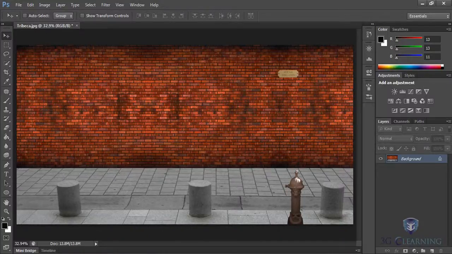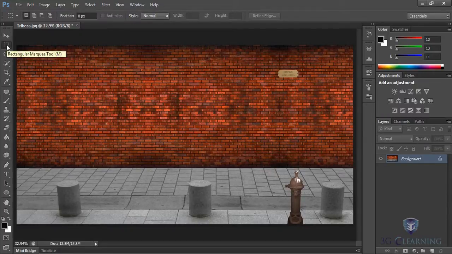Selections are absolutely essential for anyone using Photoshop. Let's start with the first of two selection tools that we'll cover in this video, the rectangular marquee tool. Just hit the letter M on your keyboard to jump you to that tool, if you are a keyboard shortcuts fanatic like I am. With the rectangular marquee tool, I will start by clicking and dragging, or